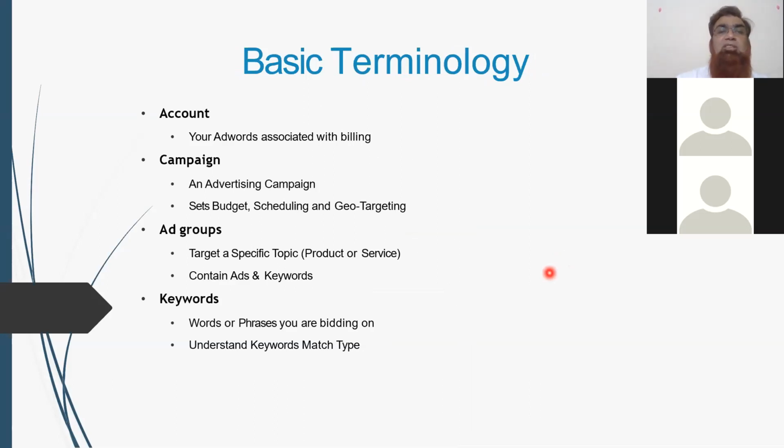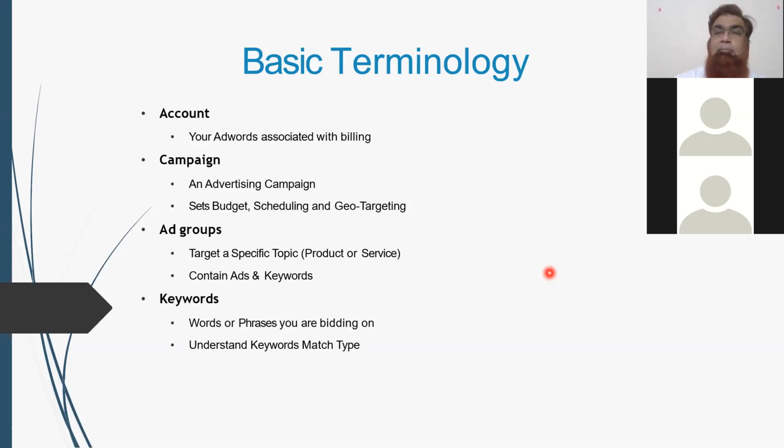Now, basic terminology. There is something called an ad account, the Google ad account. This is basically a place where you have to incorporate your billing details. If you want to run a campaign, it should be authenticated. So Google authenticates it with your address and billing details. In case you are running as a company, then it may ask for your company details, PAN number, or sometimes your GSTN number. If you have it, you insert it. There is no harm in providing this information.